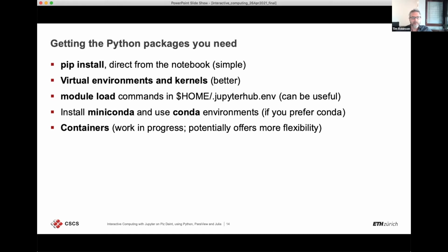Because JupyterLab that we provide on Piz Daint will include some packages. So it includes a version of NumPy, a version of Pandas, a version of Matplotlib, and so on. But typically you have your project when you need specific versions or specific packages. So there is a variety of ways to install Python packages, and some of the ways are better than others, but we will introduce all of them in the hands-on